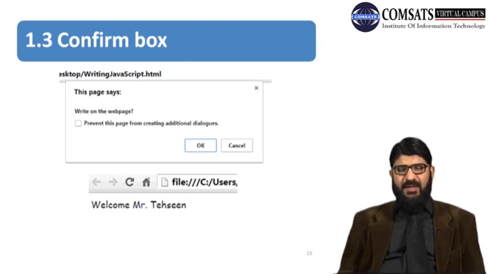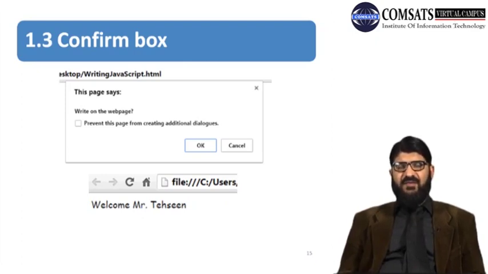The prompt box is basically used to take a value from the user, where two options are provided, the OK option or the Cancel option. If the user presses the OK option, then the value will be taken from the user, and in case of Cancel, it will return a null value.